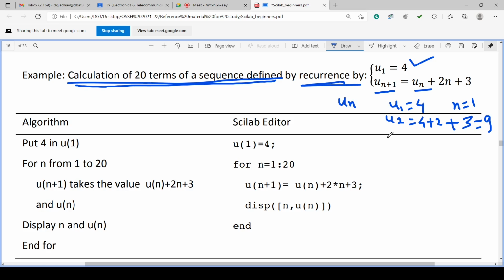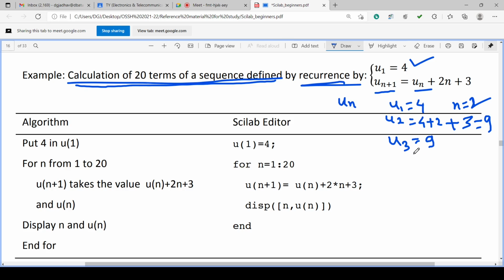Now this is u2. What about u3? For u3, n is 2, because n is 2, then 2 plus 1 is 3. Then u3 is equal to un plus 2n plus 3, where un is u2, and u2 is 9.